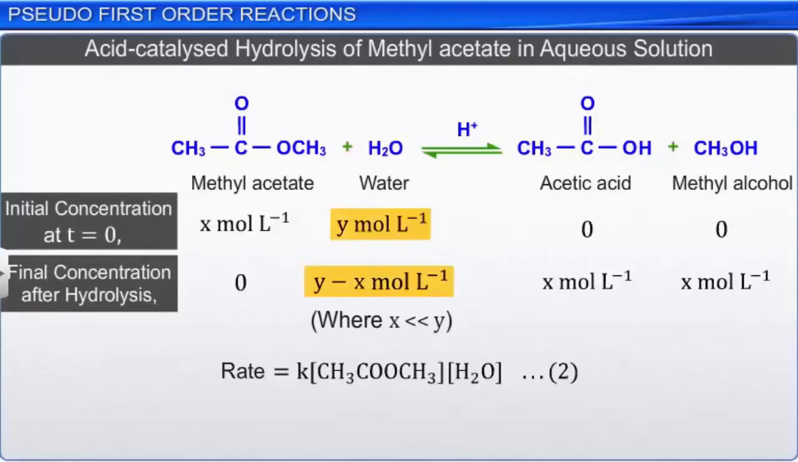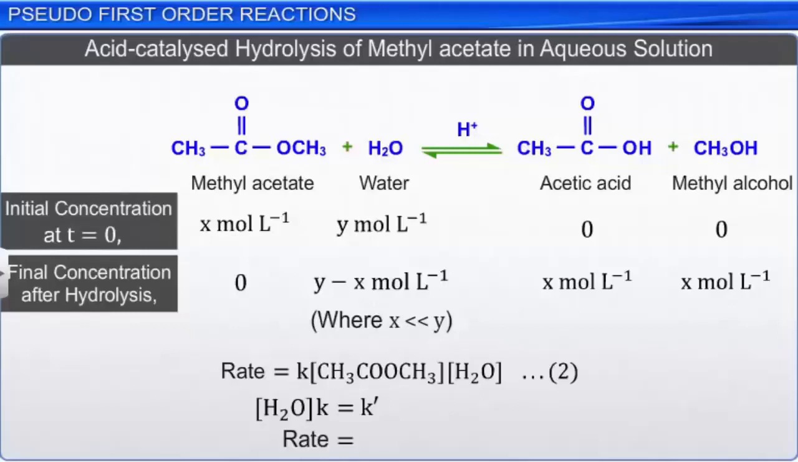Hence, in equation 2, the concentration of water, which practically remains constant, is multiplied by rate constant K to obtain a new rate constant K dash. As a consequence, equation 2 can be simplified and written as rate is equal to new rate constant K dash multiplied by concentration of methyl